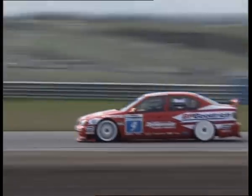What a save. The save of the century. That car was so sideways, stood on the power. Here's another look. There you can see Plato tags the Honda in the driver's door. Plato had to take advantage of his tires being that bit warmer than Christensen. But what a fantastic save from